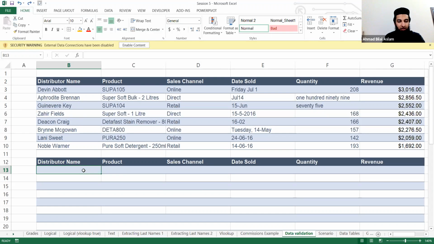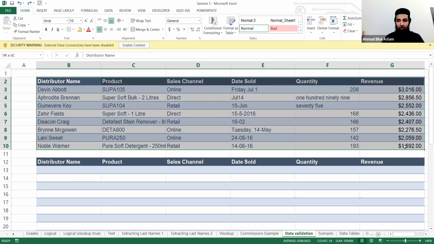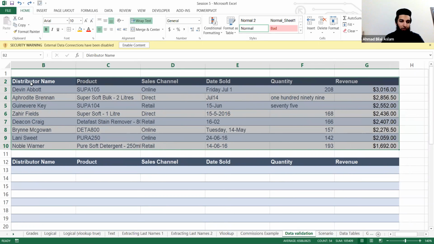This is another thing that I wanted to mention. So basically, what happens when we're inputting values is that you have created a structure, let's say a table, in which different people are inputting some values. So let's say you send a standard template to 2 different people that looks like this. Okay? Whenever they make a sale, for example, you have different salespersons, you send them this template